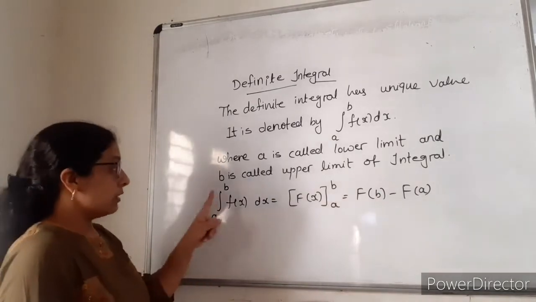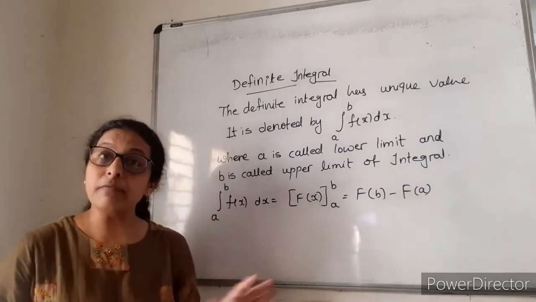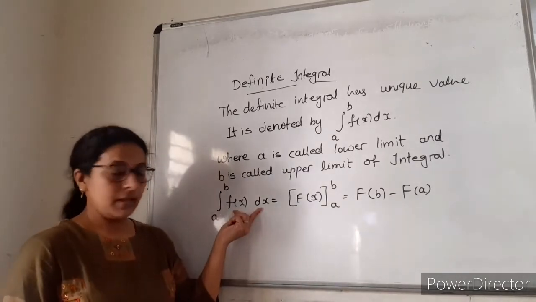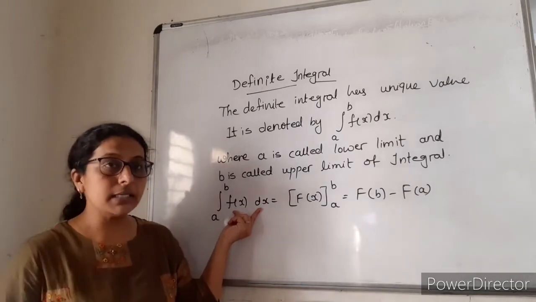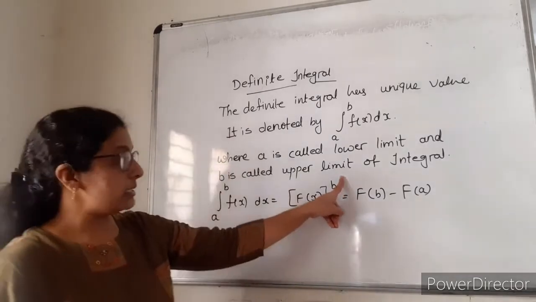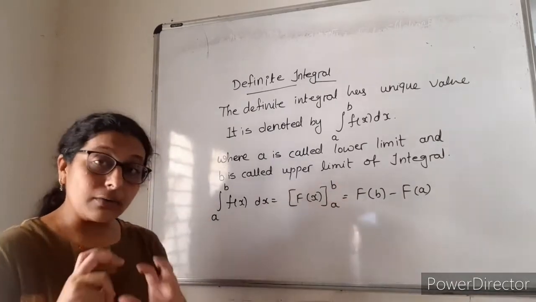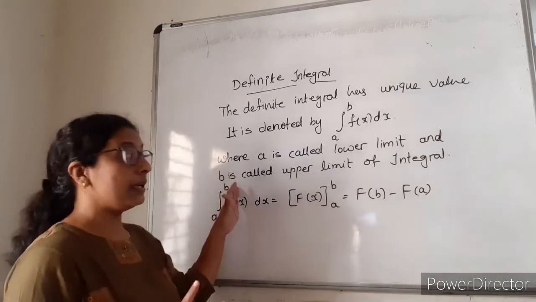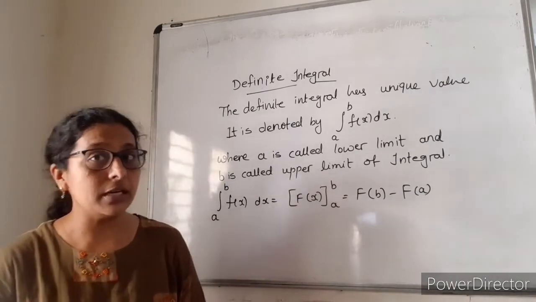Whenever it is given, what to do is, first you find the integration as the indefinite integral, whatever method we have done, the same way we can find this. That is integration of any function. The rules remain the same to find the integral. Then we put the limit from a to b, that is equal to f of b minus f of a. So how to put the limit? That is the extra only, nothing else. Otherwise, whatever rules we have used for the indefinite integral, the same rules we will use here also.